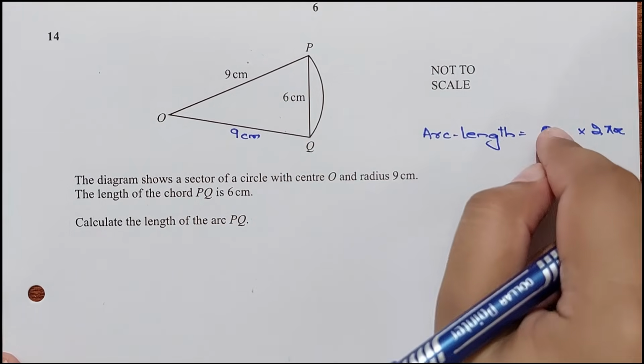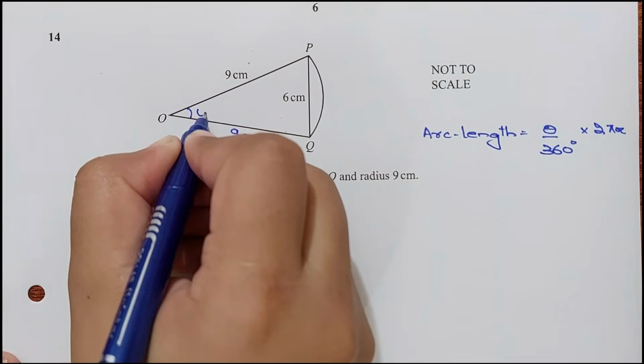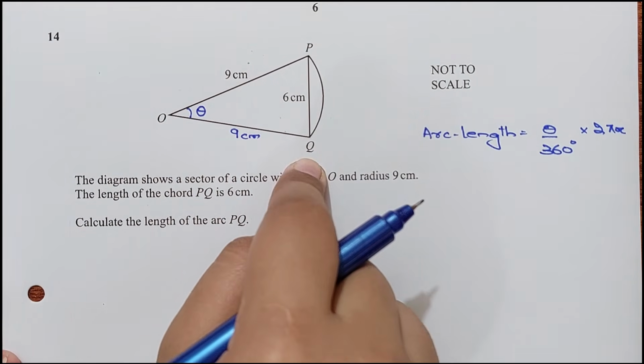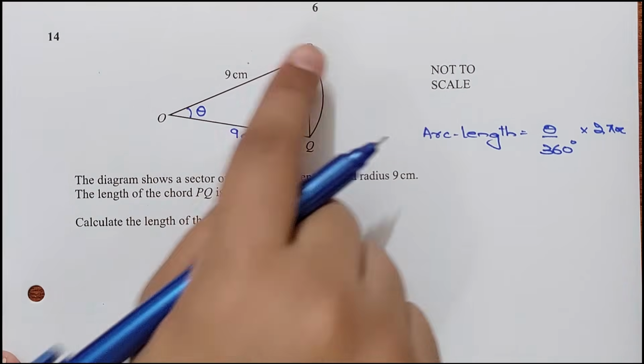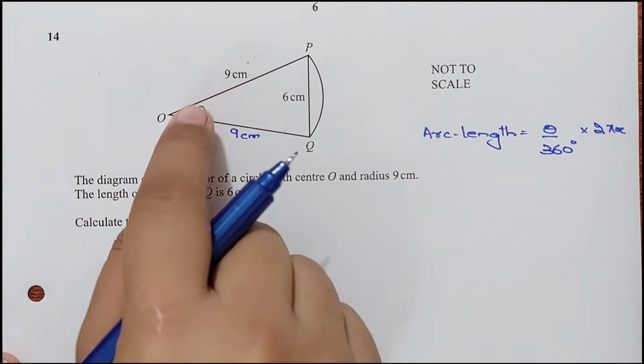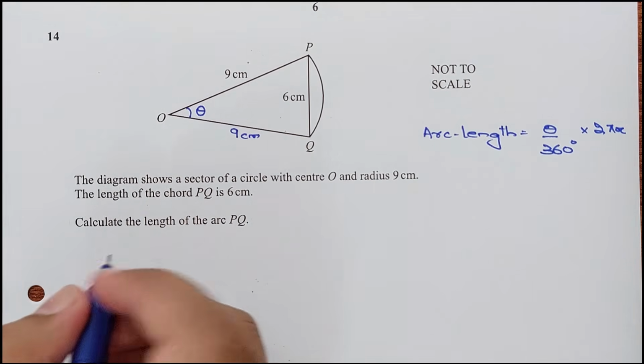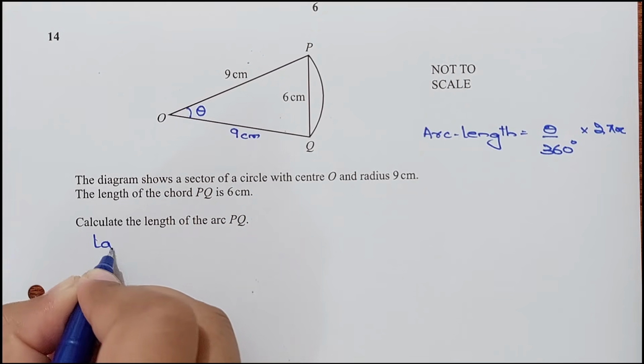Radius is 9, so we have to solve for this theta first. If I consider the triangle OPQ, this is an isosceles triangle because OP and OQ are the same, right? So we have to solve for theta. We have all the three sides. So let me use the law of cosine here, right? So solving for angle theta, the law of cosine